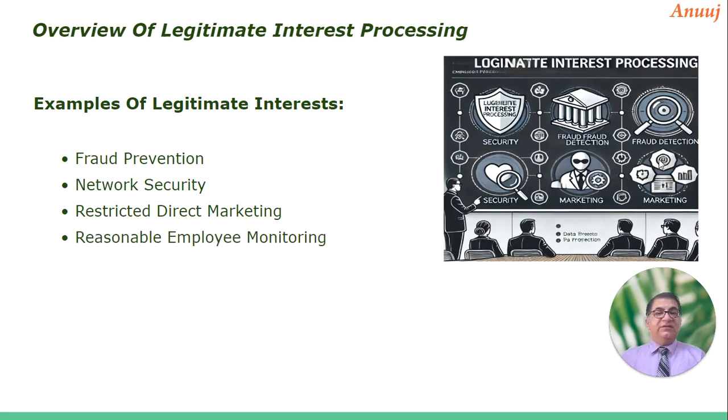If your employee is under a performance question or a behavioral question, then you don't need his consent to monitor his behavior, right? He won't give you the consent, or he will get alert. So if you are required to monitor someone for a real concern, these could be legal issues, disciplinary issues, or any issue within or around the working premises. Your employee might be suspected of leaking personal information or any other kind of information of the organization. Then again, you can do surveillance of him without consent, which is fair. So that is also considered legitimate interest processing.